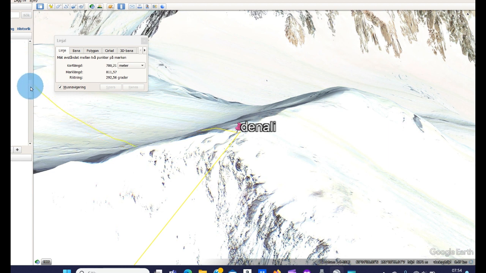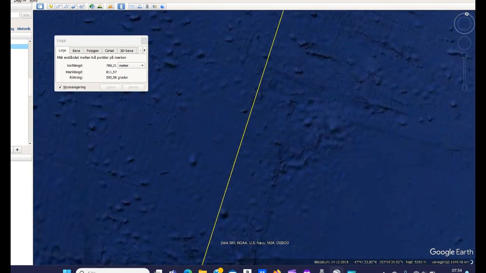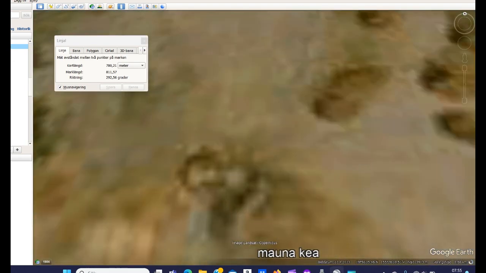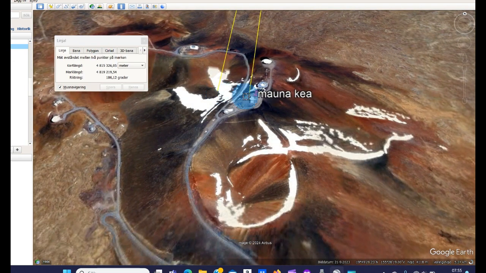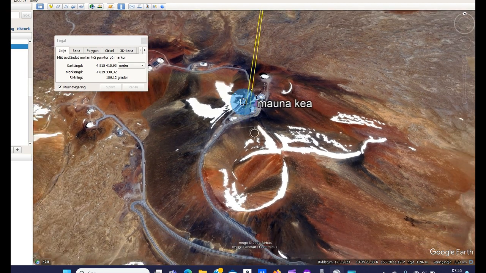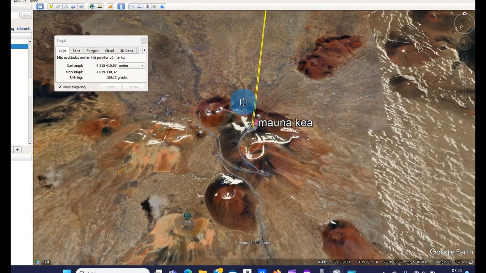Now we fly. And the thing is that the distance we're looking for here is about exactly 1 kilometer beyond the peak. We're looking for the distance of